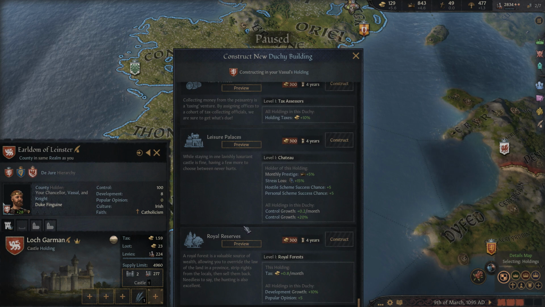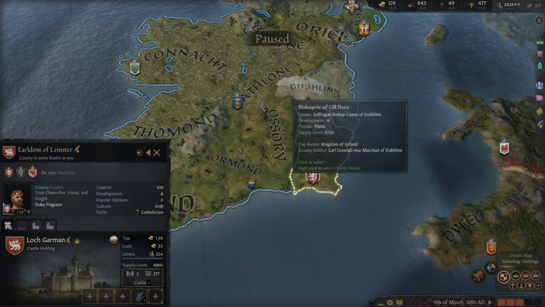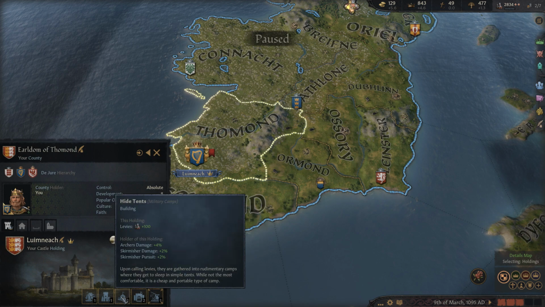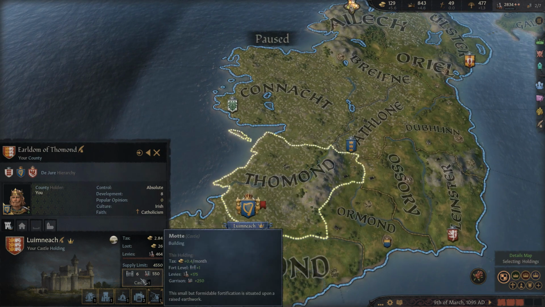Oh, well, this is a castle holding. Right, which holding it is matters a lot. Yo! All holdings in this duchy? Wow, hold on a second. What's in my castle holding? Okay, my castle holding's quite developed. We did, in fact, build a lot of stuff here. So...